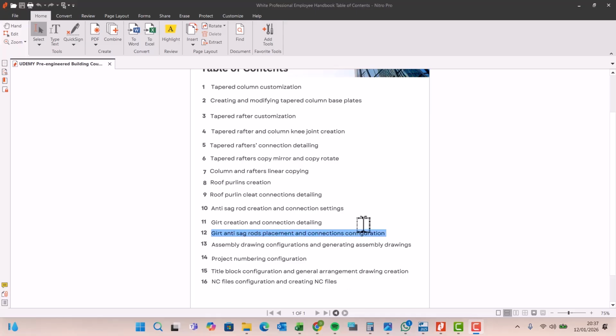Now, the topic we are going to do is assembly drawing configuration and general assembly drawings creation, right? So this topic we cannot do prior to or before we do numbering. So we'll jump straight to project numbering. Now let me switch to the Tekla Structures environment,